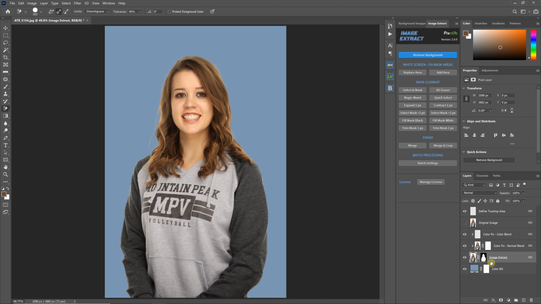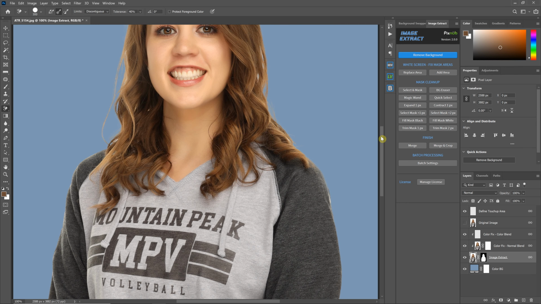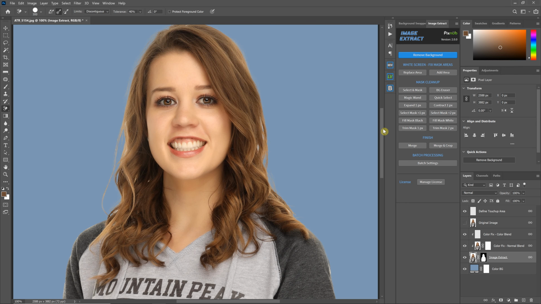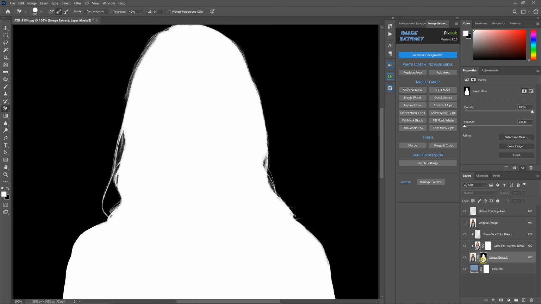However, if you want to have your mask to touch up non-destructively, if you're doing an image that's more challenging and you want to retain that information